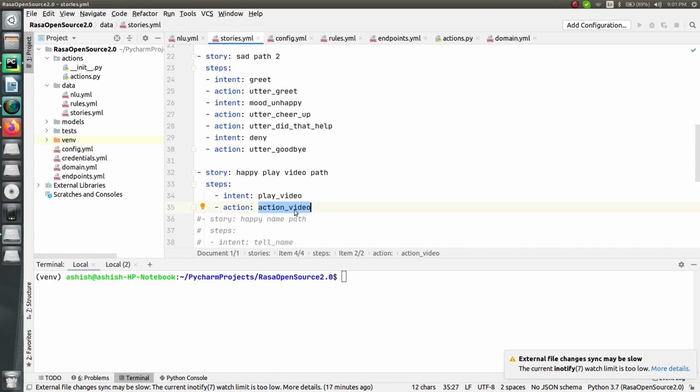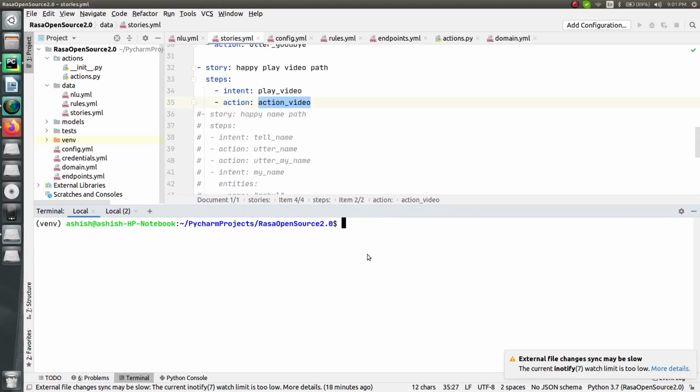Now you can train your model and test whether your bot is replying accordingly and opening the browser or not. So let's verify that. Just train your model and run it again, right? Let me do it: Rasa train, and I'm going to do both things together so that I don't have to run the command separately. So Rasa train, firstly it will do the training, and after that it will open the Rasa shell for you. Just press enter and run it.